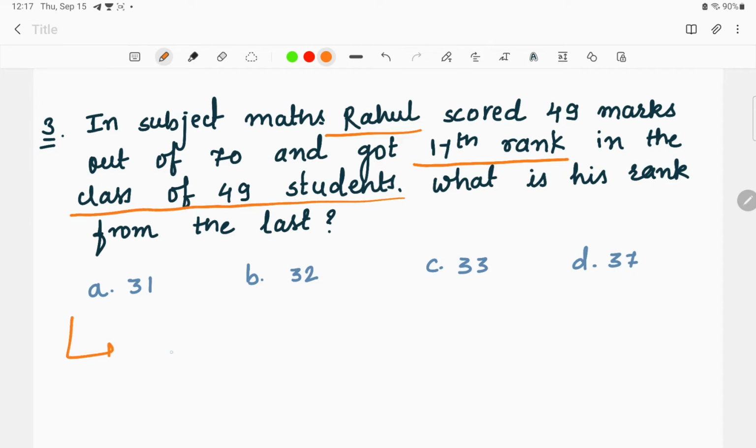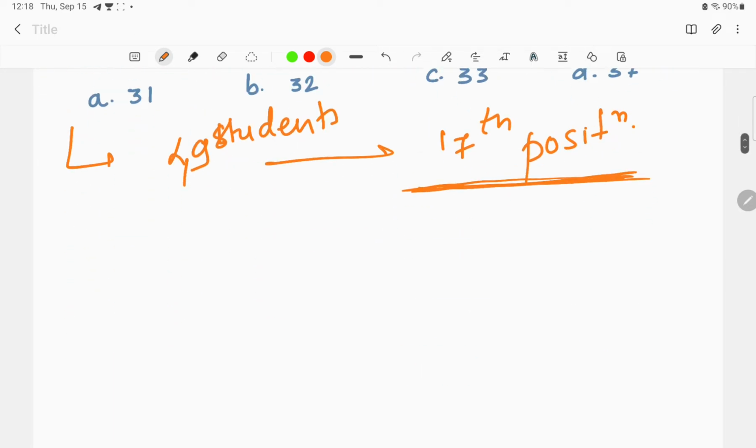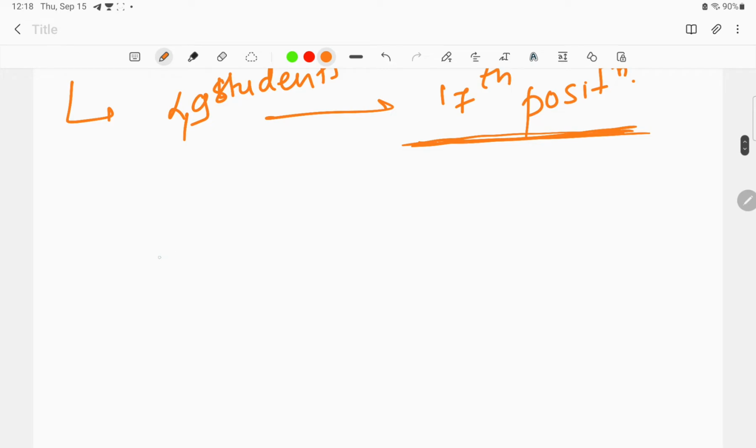So there are 49 students in the class, and from these 49 students he ranked 17th. Now what we have to find is the rank of Rahul from the last. We have to find his rank from the last. The position of Rahul, that is his rank, is given from the top, right? From the top. So consider this is the ranking